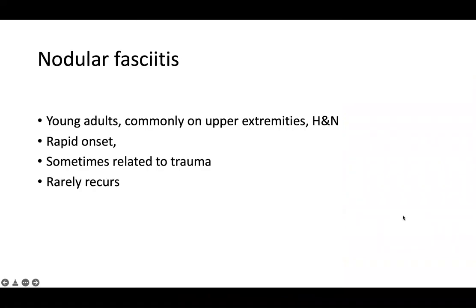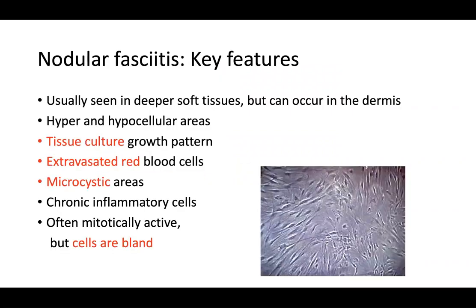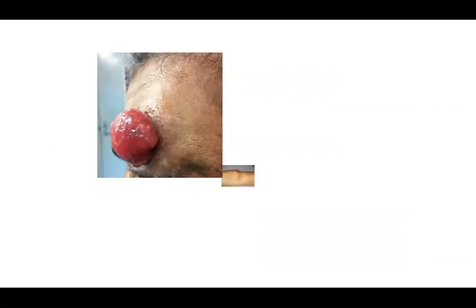Nodular fasciitis is a proliferation that develops in young adults, commonly on the upper extremities and the head and neck. It's of rapid onset, sometimes can be related to trauma, but it rarely recurs. So this looks pretty bad. You know, if you saw a development of something like this, you definitely would want to biopsy it and see